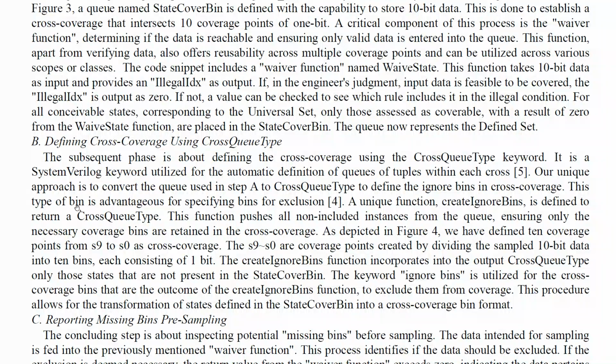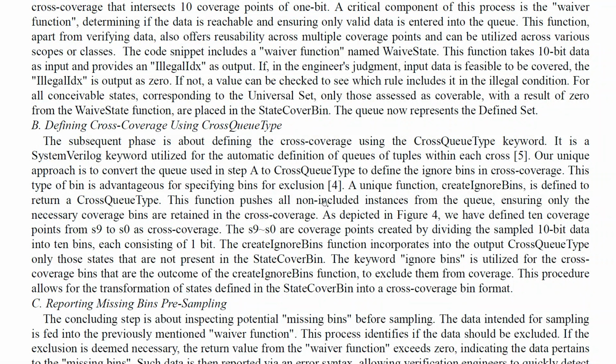This type of bin is advantageous for specifying bins for exclusion. A unique function, create ignore bins, is defined to return a cross queue type. This function pushes all non-included instances from the queue, ensuring that only the necessary coverage bins are retained in the